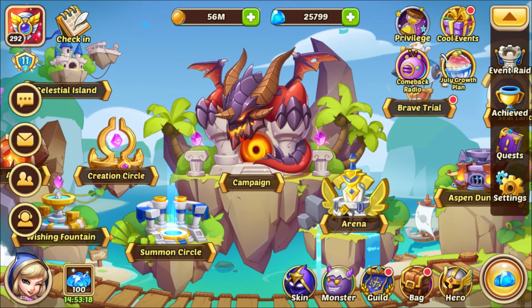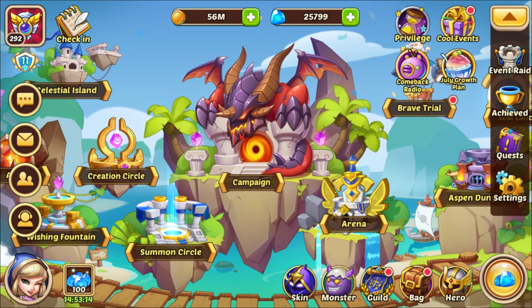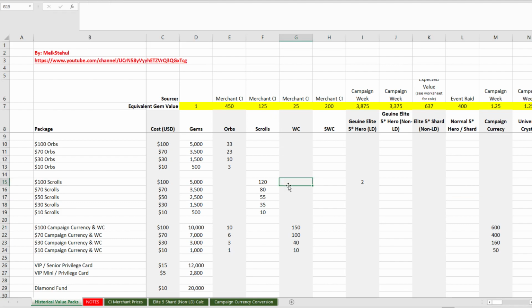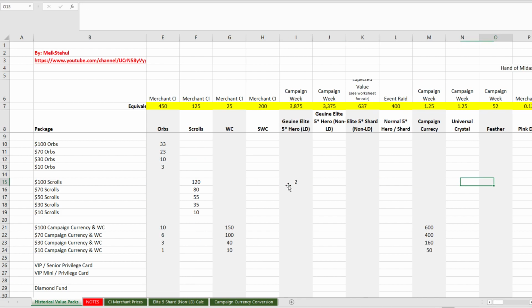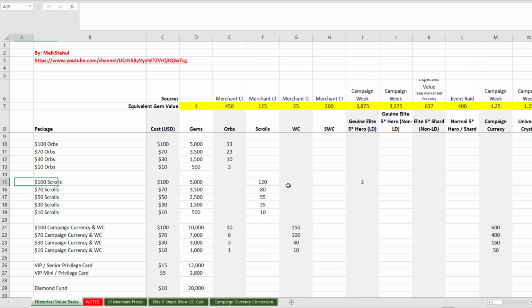Just click on the link to the spreadsheet in the description below and you'll see that I've cleaned up my spreadsheet and it's a lot easier to read. And I've moved away from talking about value on a dollars per gems basis to basically how many gems you get per dollar, which I think is more manageable for people. But effectively, go away and enjoy the spreadsheet, muck around with the values, do whatever you need to do to get a sense of what's valuable for you in this game and therefore what you should